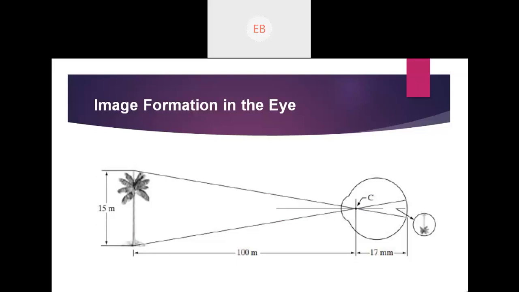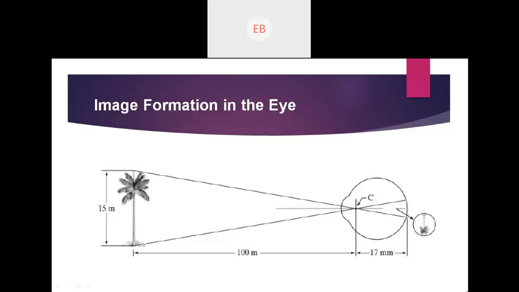In this image, what did we discuss previously? The radius of curvature of the anterior surface of the lens of the eye. What it tries to say is that the radius of curvature of the anterior surface is greater than the radius of the posterior surface. That is, the radius of curvature of the front portion of the lens of the eye is greater than that of the back portion. Just remember that.